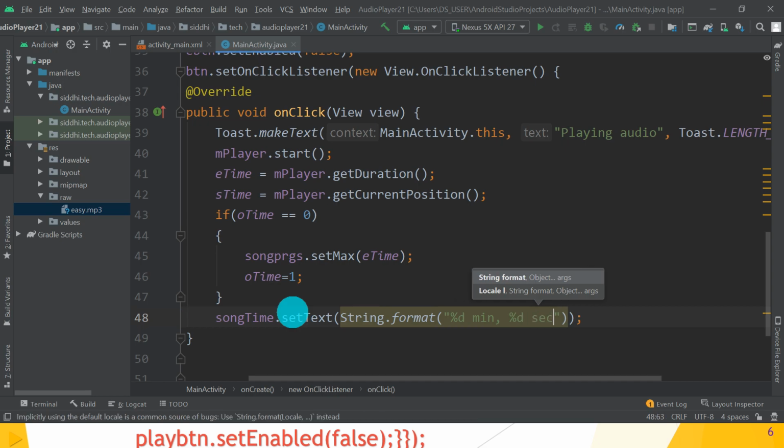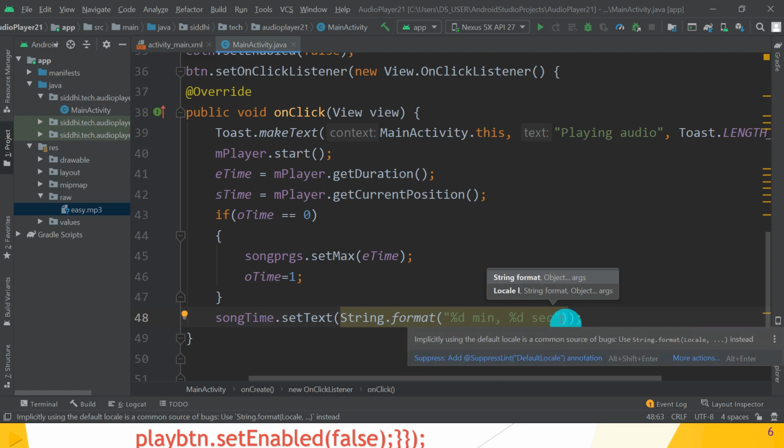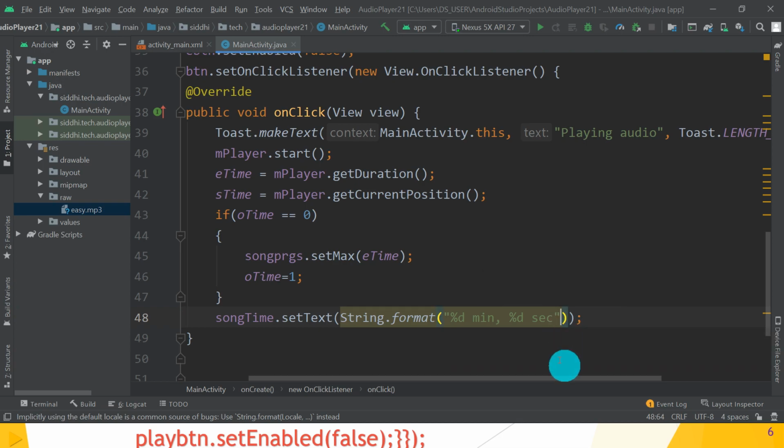We want to display this string and set that string to the song time text view. Great. So from where we have to take the values of these? So first value, first value of percentage d, that is format specifier, we have to take from the end time.